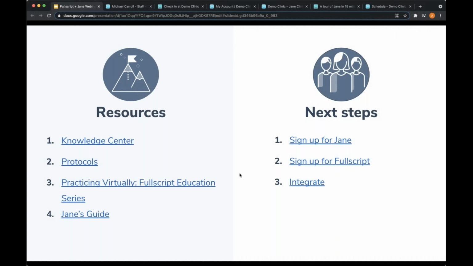So yeah. Perfect. For next steps here, if you guys are new to Jane or new to Fullscript, please sign up either for a demonstration. As I mentioned, Fullscript is actually free, so you can go ahead and sign up and download it onto your computer. All we just need is for you to provide your professional credentials. So we'd be able to approve you in our system, and you can go ahead and recommend supplements from that point on. Also, if you do want to integrate the two solutions, we actually have a page where you can see how easy it is to set up the integration and some additional best practices for the integration itself.